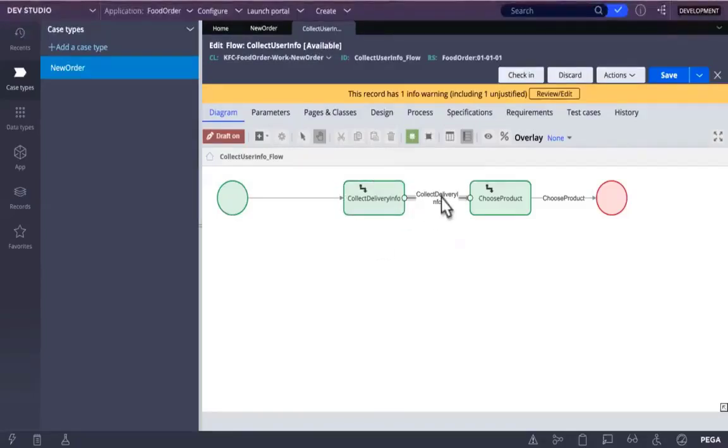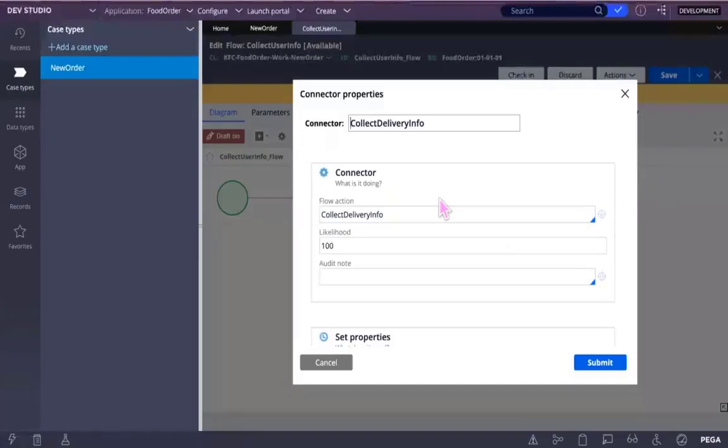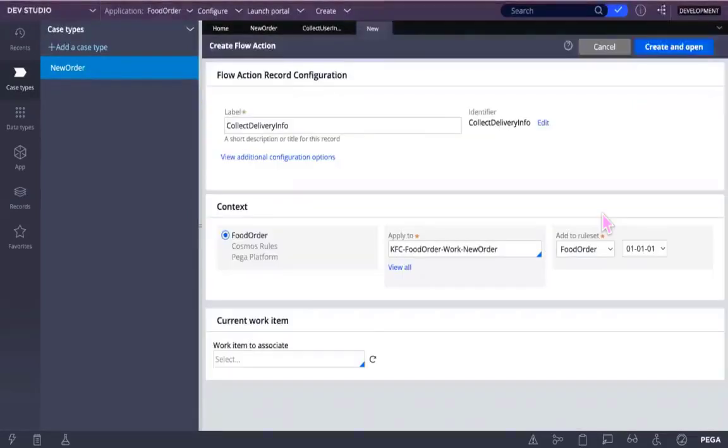On the connector, you have a flow action. See collect delivery info. You click on the crosshair icon. It will open. Click on the crosshair icon.